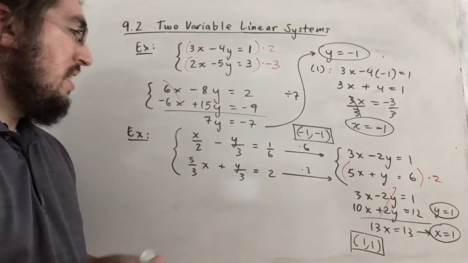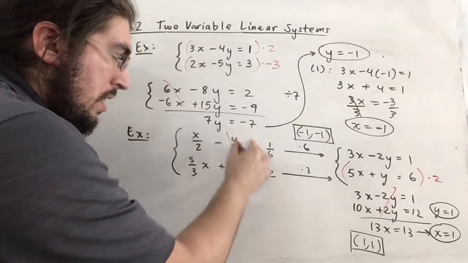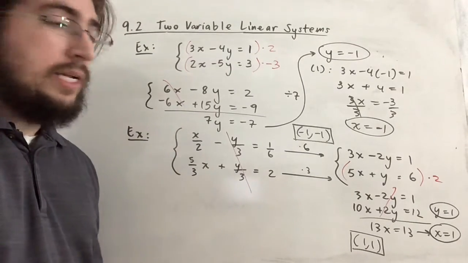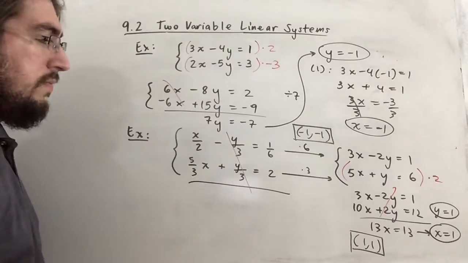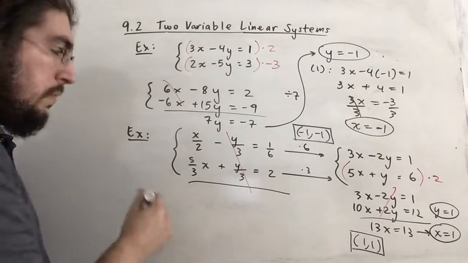But here, notice, before we did this, if you weren't scared of fractions or intimidated by fractions, however you want to phrase it, and if you just look at it and add it straight down right away, these cancel out because y over 3 is the same as y over 3, and they're opposite signs already. The only thing is we have to figure out how to combine these fraction terms. So this really is 1 over 2 x. So 1 over 2 plus 5 over 3